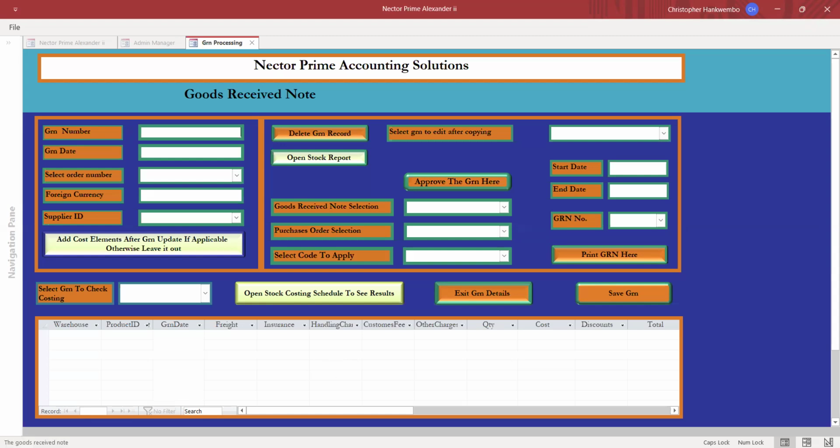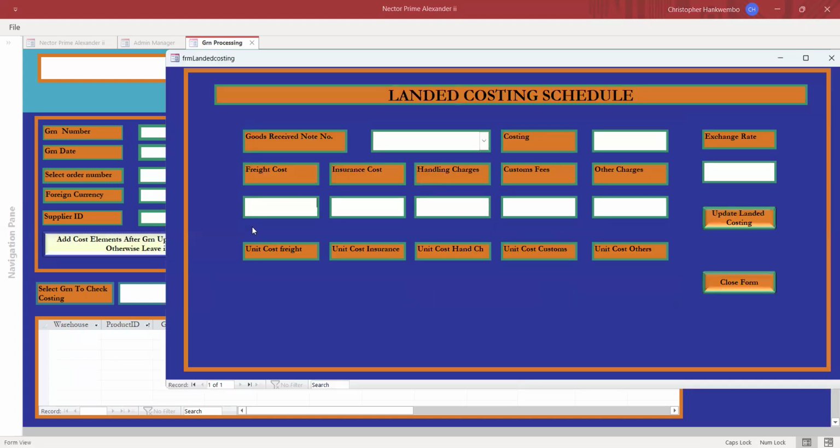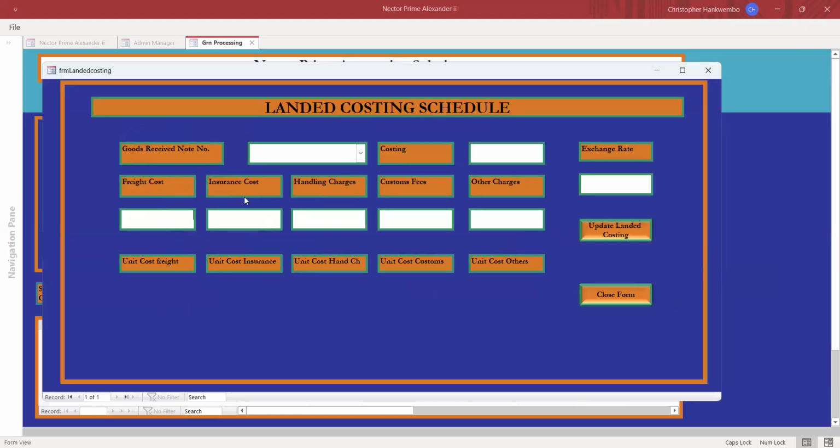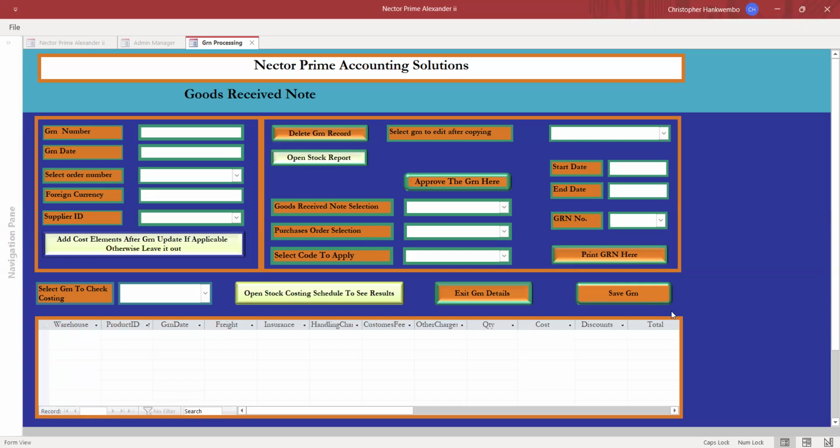But you have to be careful. If you are buying goods from outside Zambia, it might come with additional costs. Let me do this so that you understand what this is. You can see the cost elements here. Let me try to move this form. You have the freight, insurance, handling charges, customs fees, and others. It means that you have to capture all of this so that they are factored in as part of the landed cost of your material or product. Once that is done, you simply match your GRN here with the order,